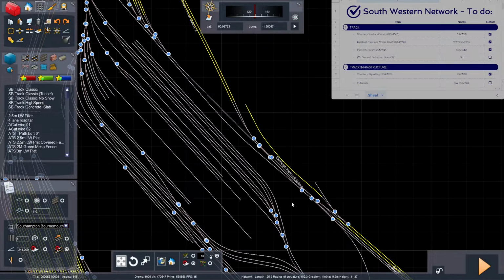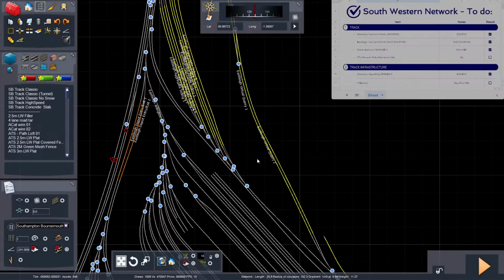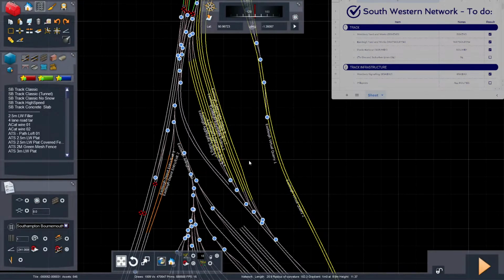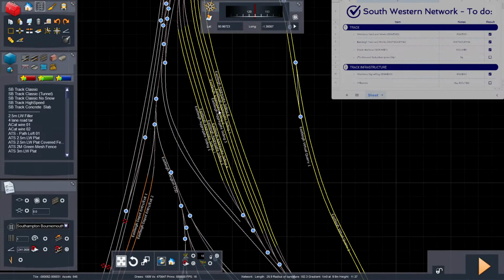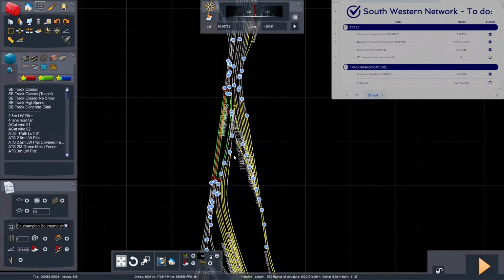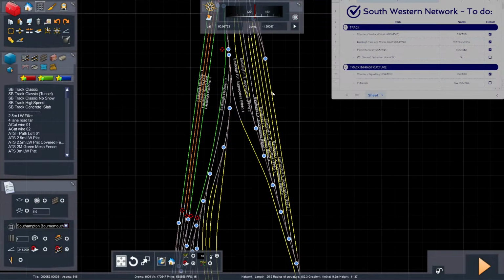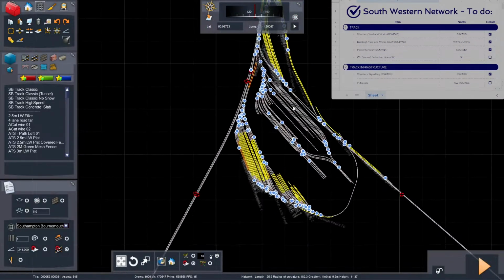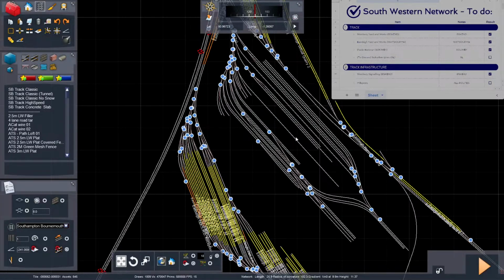If you know anyone who's got some deep inside knowledge of Eastleigh Works, I'd be happy to have a talk. But I believe these are the aggregate sidings. To be honest, I didn't know what these were. I thought I just put in one that was missing. But these here I've got as